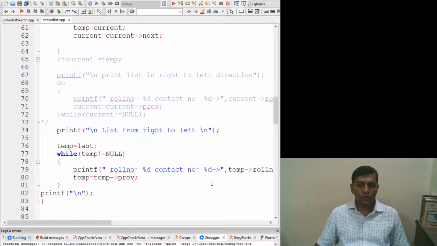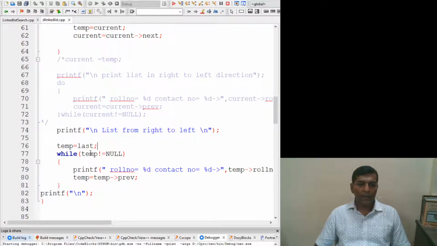If we want to display the list from right to left, what we have to do is assign temp is equal to last. So now temp is being assigned to the last of the list. Now temp is working as a counter, so it will move further and further throughout this list.